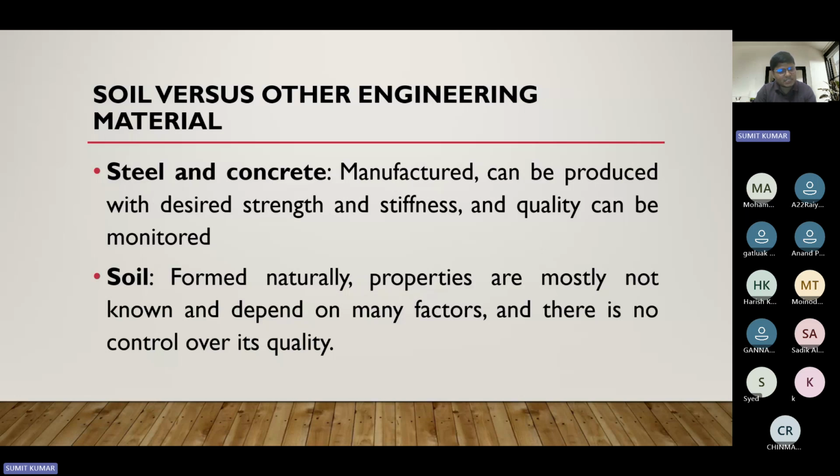It is formed from natural processes, as we have seen, whether igneous, metamorphic or organic sedimentary, or formed by different agents, residual, transported, or organic soil. So there is no control over there,